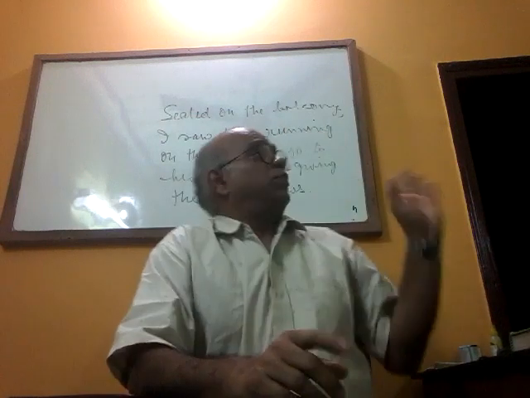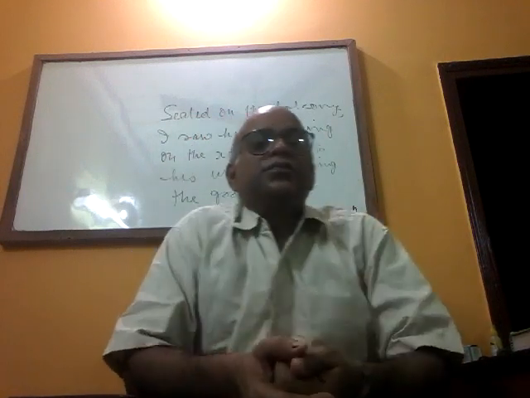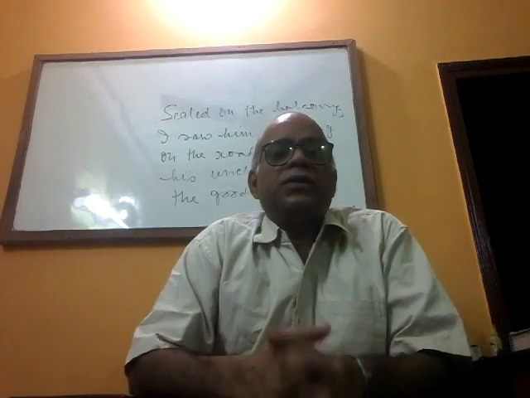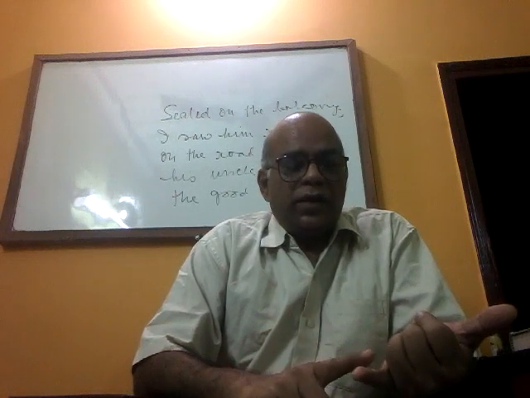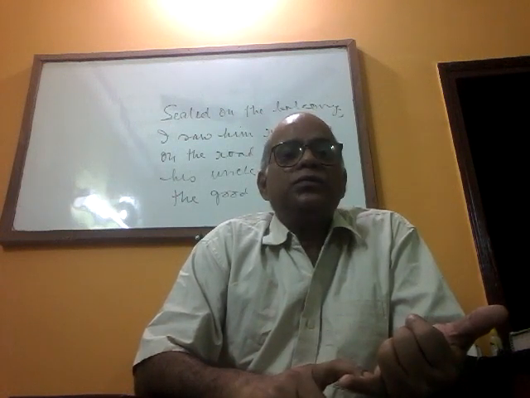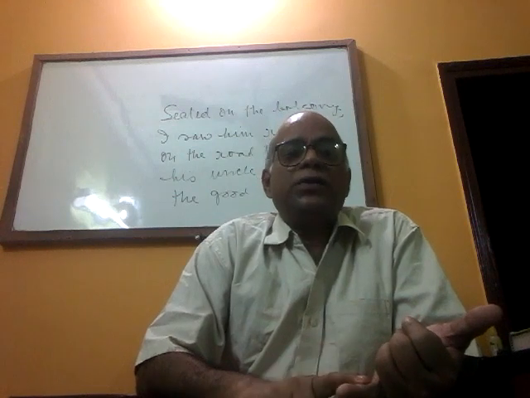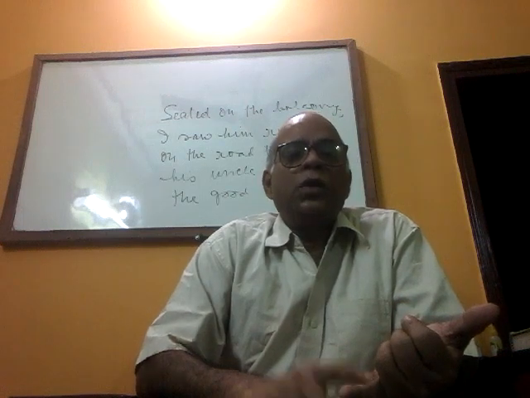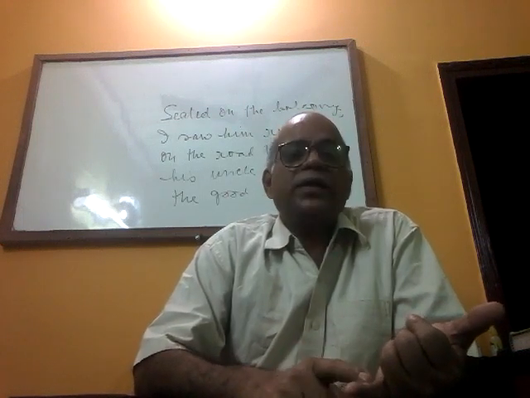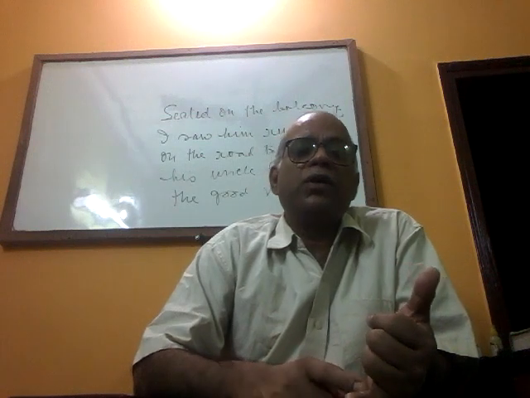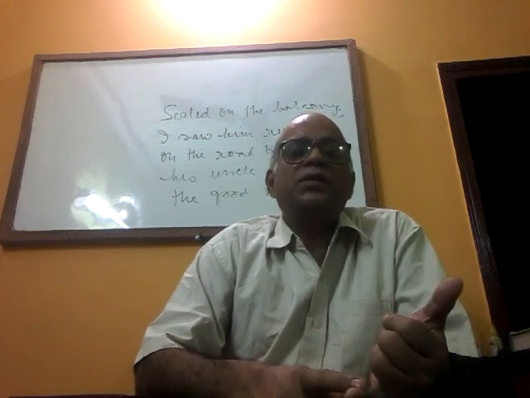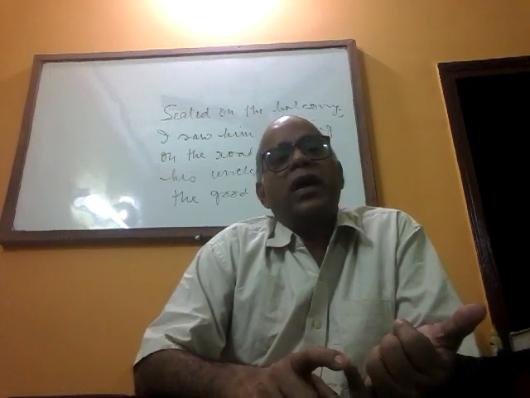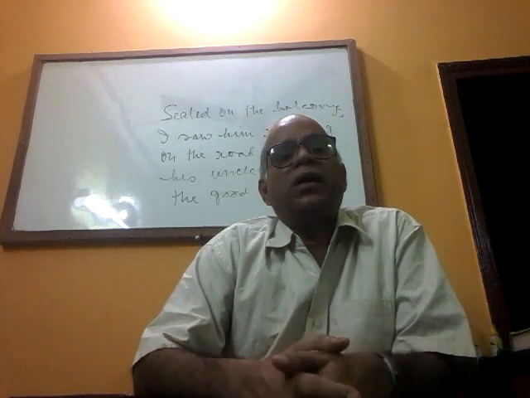Isn't it? Actually, if I do the board work, you will not be able to see. That is a problem. Write it down in your copies, you will get it. Okay. So let me repeat it again. Riya is a good girl. We all know that Riya is a good girl whom everybody loves because she is truthful. So we all know is the principal clause. That Riya is a good girl is the noun clause, object to the verb know. Whom everybody loves is the adjective clause qualifying the noun girl. Because she is truthful is the adverb clause because it is modifying the verb loves.